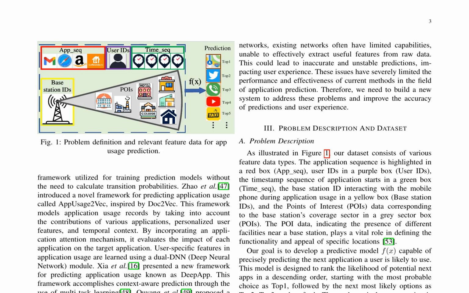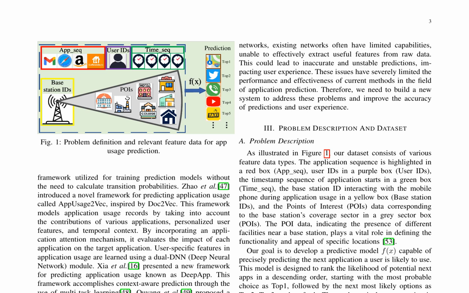Here is a combined summary of pages 3 and 4 of the research paper. The paper addresses the problem of application usage prediction, where the goal is to develop a predictive model that can accurately predict the next application a user is likely to use. The problem definition and relevant feature data for app usage prediction are illustrated in Figure 1, which includes various feature